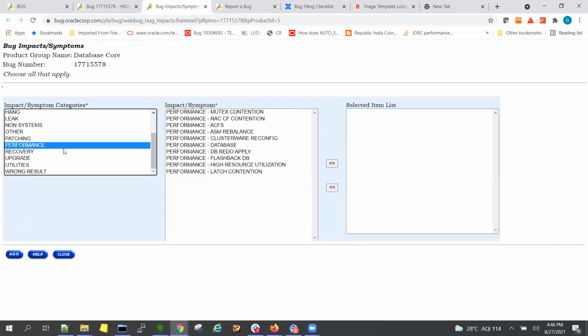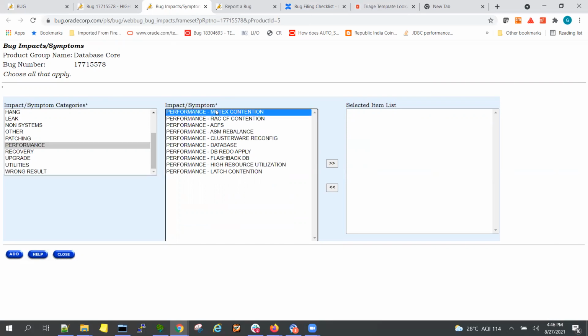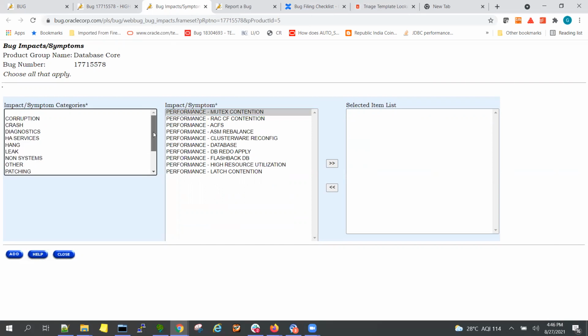Now performance. Performance means what kind of performance it is: database performance, latch performance, ASM related, rack contention or mutex contention. If it's a concurrency issue, we put mutex contention.